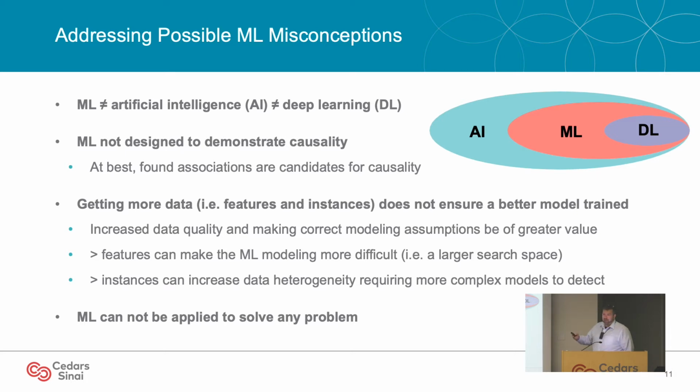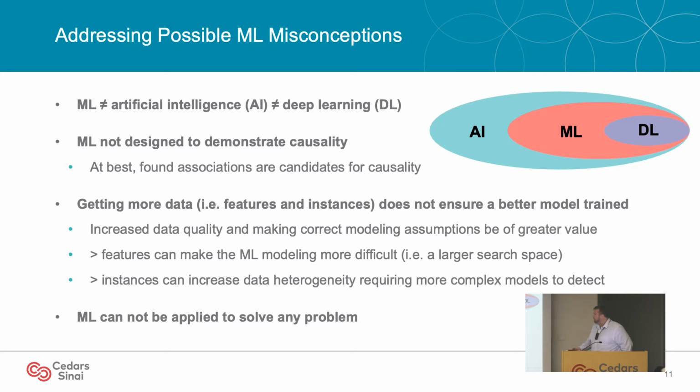To illustrate why it's not always better to have more data or a larger number of features: if you're just adding more features, and those features aren't actually informative, like you sequence all the genetic variables, but it turns out the thing you're studying has no genetic basis, you've added a bunch of noise that the machine learner has to chew on. You've dramatically increased the space it has to search for a good solution. So it's only useful to add variables, if you can avoid it, that are likely to be informative.